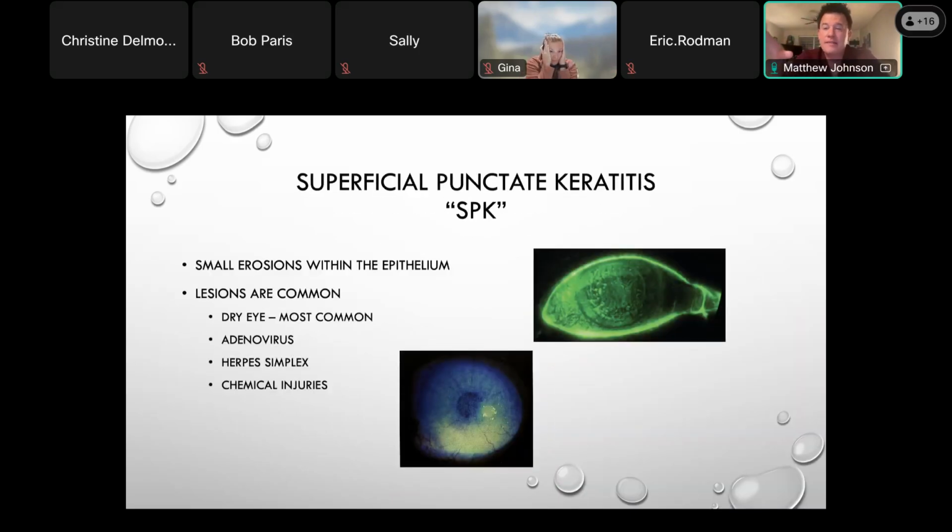So I see a lot of this, ironically, superficial punctate keratitis. This is just small erosions. The epithelium just has all these little dots on it, which obviously reduces the vision. Dry eye is the most common cause. The only reason I bring up SPK is because if you're reading a doctor's report that comes to you as they're referring a client to you,